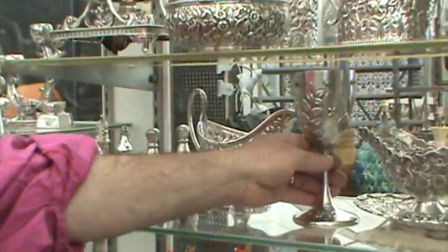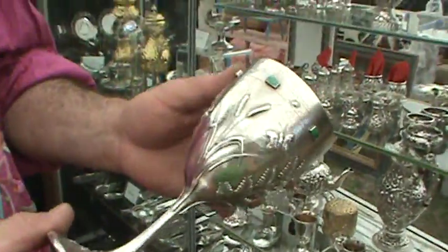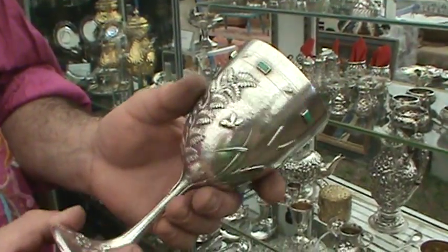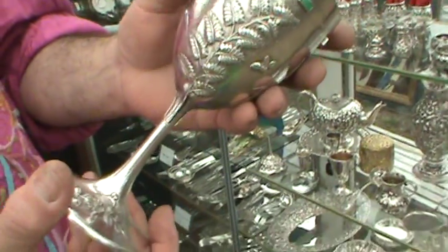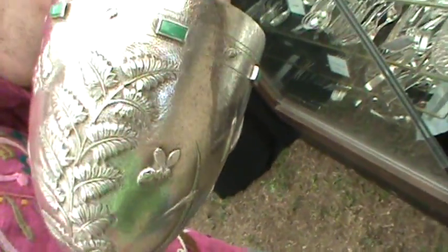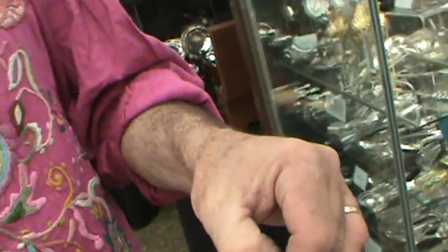And then we have something that I've actually never seen before, and it's a beautiful Kirk goblet from probably about 1920 in the cattail and fern design with moths and butterflies done in Repousse work on the body. But what makes this a very unusual piece is the cabochon square cut malachite stones that are set in a border just under the rim. And I have never seen a piece of any Baltimore silver actually that was set with stones, and this is